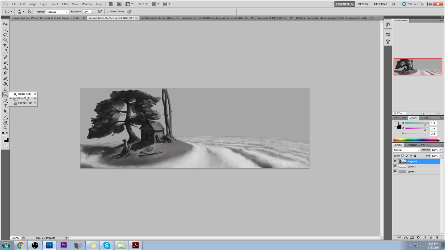So I'm going to get the Dodge Tool on midtones, and I'm going to just illuminate anywhere that's outside of a cast shadow. And this cast shadow right here needs to be much brighter because it's being cast on a white substance, which is the cloud. So it needs to be a much lighter cast shadow. And because it's a lighter cast shadow, you'll see more contours in there. So it'll be a generally lighter area, but with a slight little